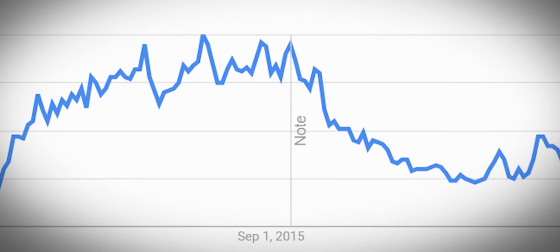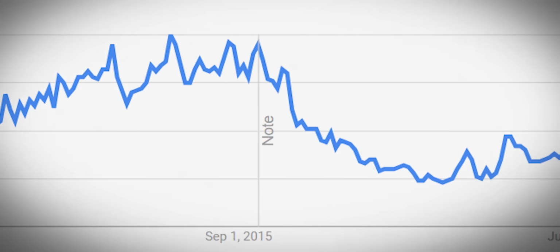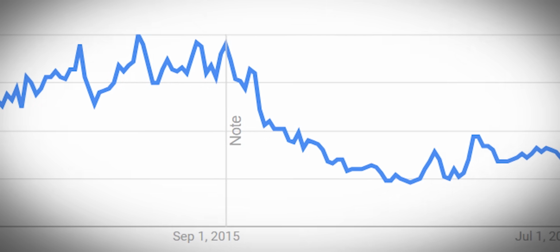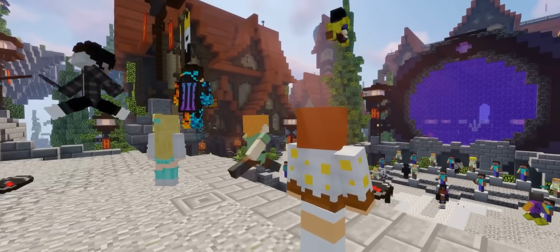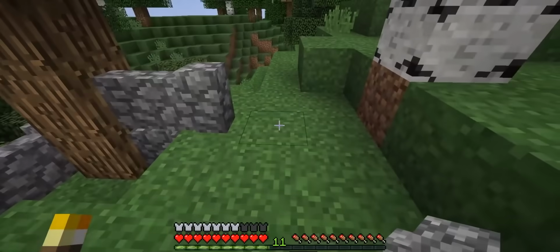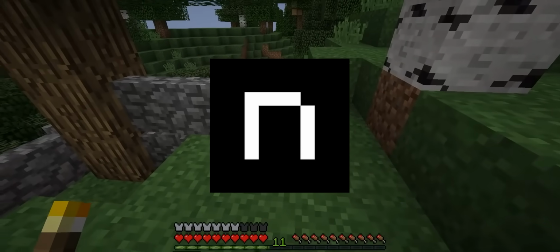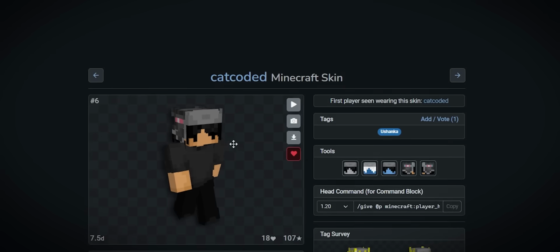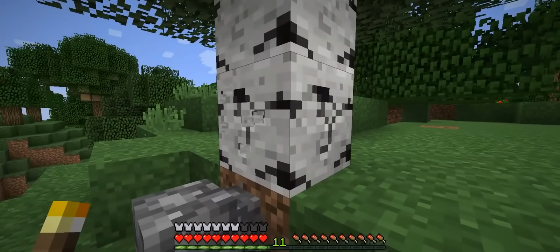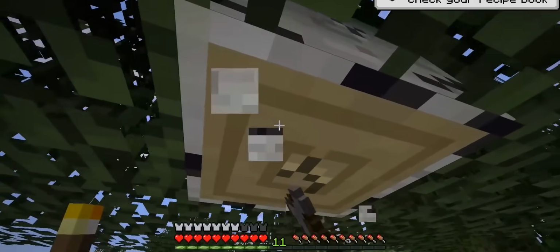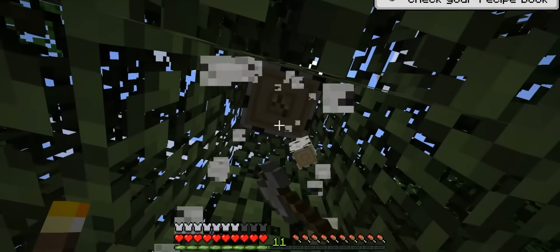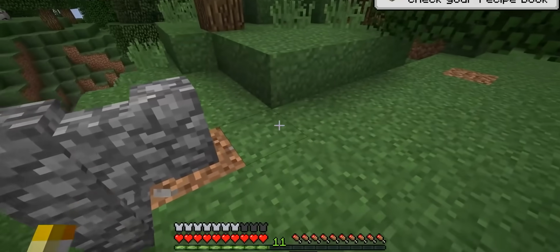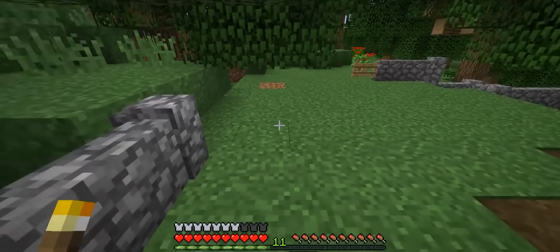Unfortunately, as the popularity of Minecraft began to die down, the originality of skin creation would decrease as well. Not only were there fewer new players joining the game, but because of NameMC, fewer players created original skins, as they could just look on the website and use what was already popular. And with no new skin trends becoming popular,